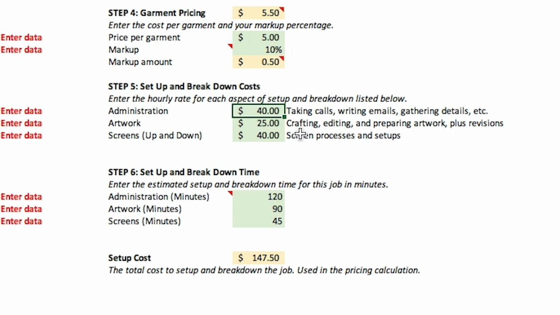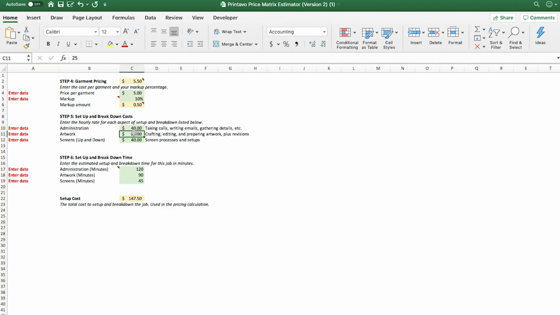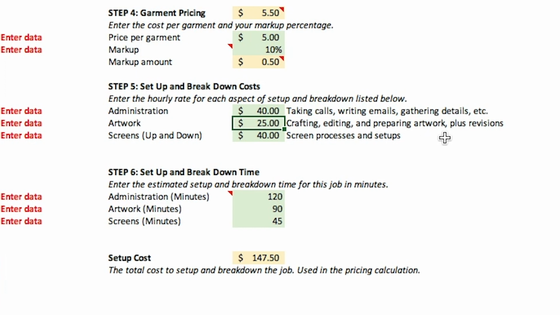There's 3 of them, that adds up to 66. That's your hourly rate for administration. The second part of this is artwork. For artwork, you simply set another hourly fee, and then you enter the time that it takes to do the artwork. And this could be like revisions or, drawing new art, outsourcing art, however you do it, and whatever rate